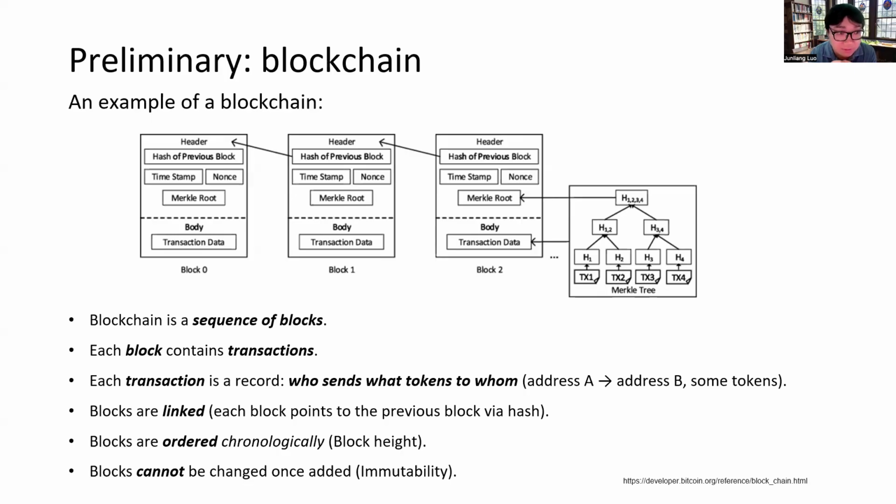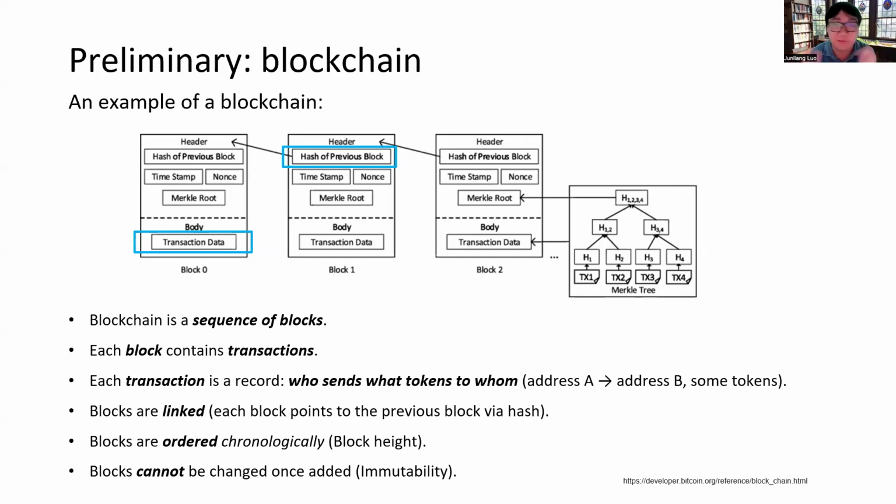And blocks are linked, which means that in addition to the body of transaction data, you can see we have the hash of the previous block, the timestamp, the nonce and the Merkle root. I don't need to explain every detail, but basically all the transactions and the header data are hashed, and the hash of the previous block is stored in the next block. That's how they are linked. All the data are hashed, so you cannot change anything. If anything in one block changes, the hash will be totally different. So all these hashes are uniquely stored and